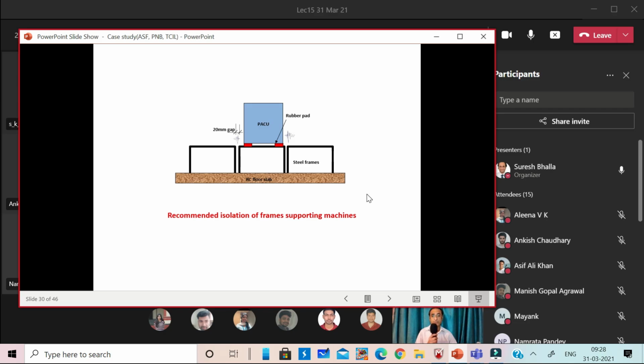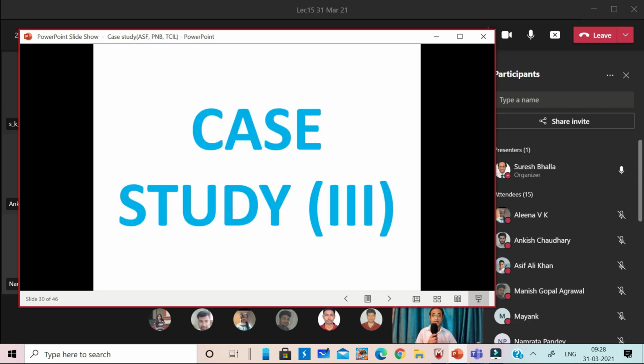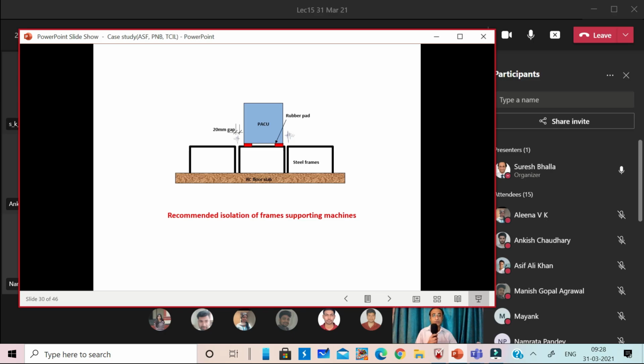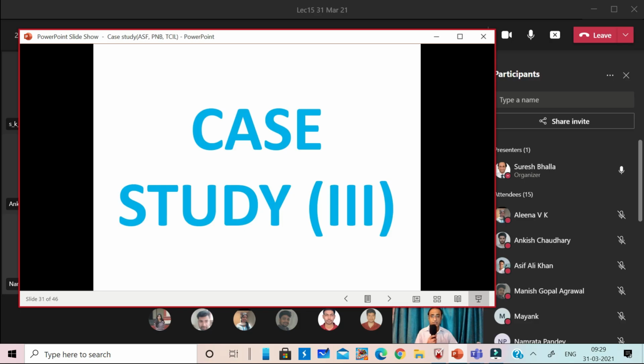So these recommendations were made to the client, and what we learned was that the client worked with the manufacturer to replace the machines. The machines were very old, and most likely they replaced the machines. Though from our side, we had also given them the solution of these paddings, which could work with the existing machines also. Now the third case study is a very recent one, and this